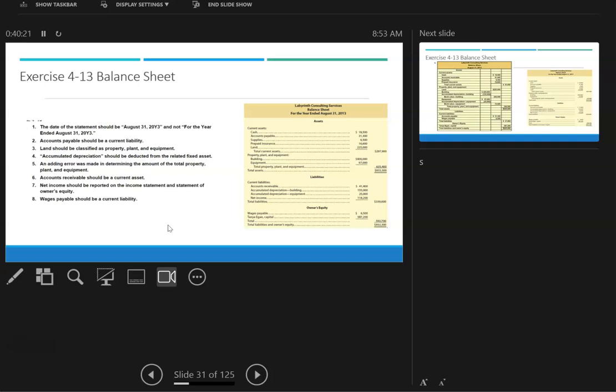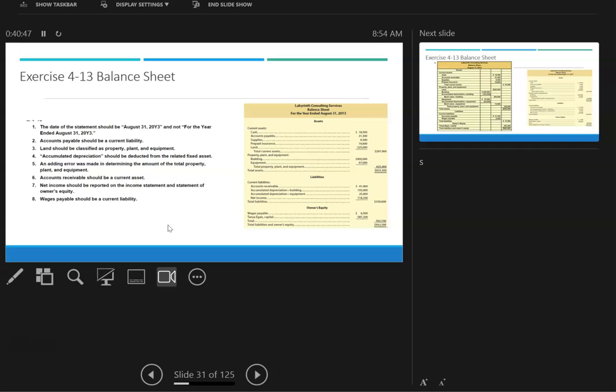So a balance sheet is a snapshot in time. An income statement will always say for the year ended because it's a series of all the revenues for the period and all the expenses for the period. But a balance sheet is just a date because remember, it's a snapshot because the next moment something else could change. What I mean by that is